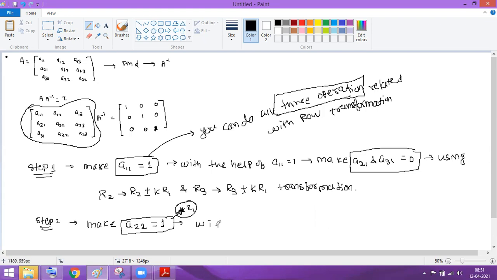So with the help of A22 equal to 1, make, which ones do we have to make 0? With the help of this 1, which ones do we have to make 0? This and this, A12 and